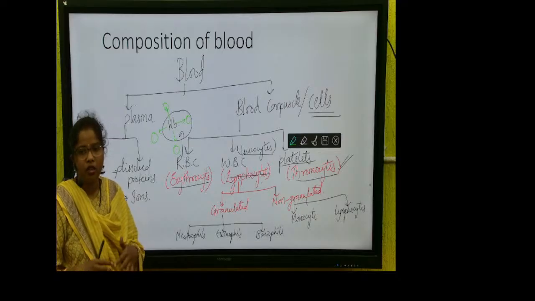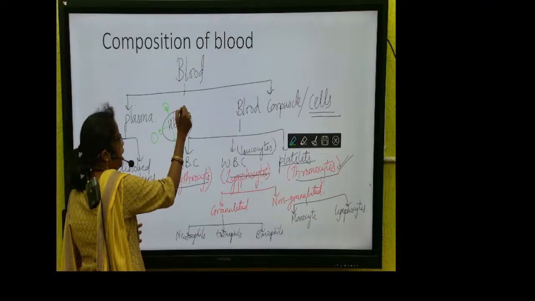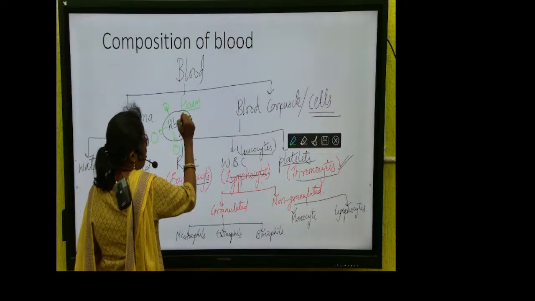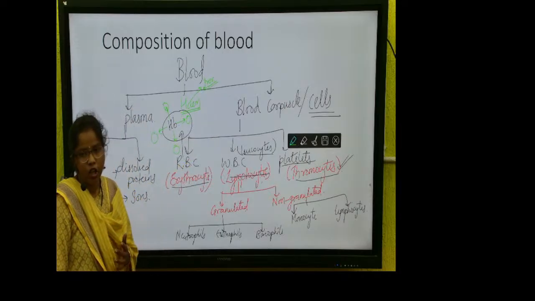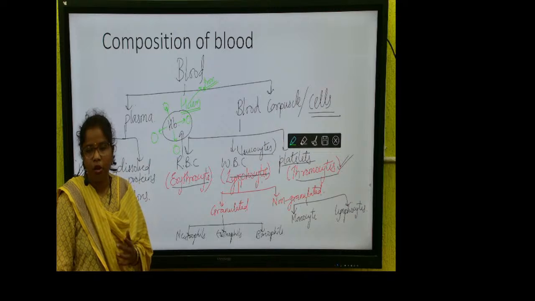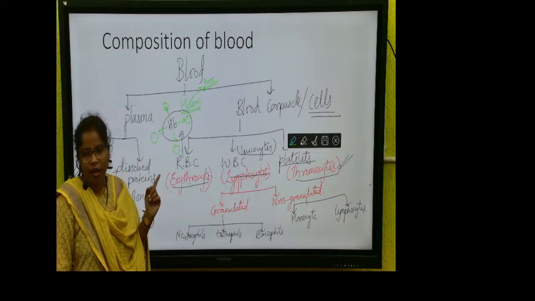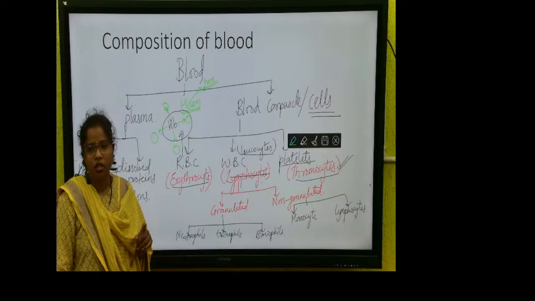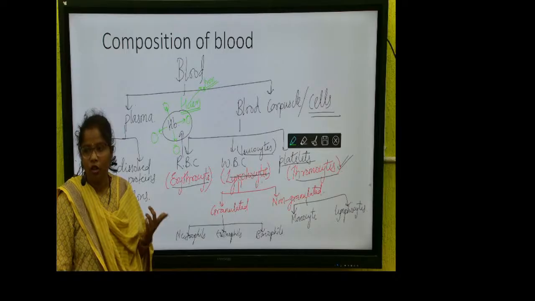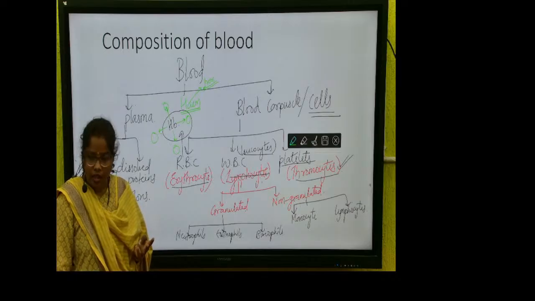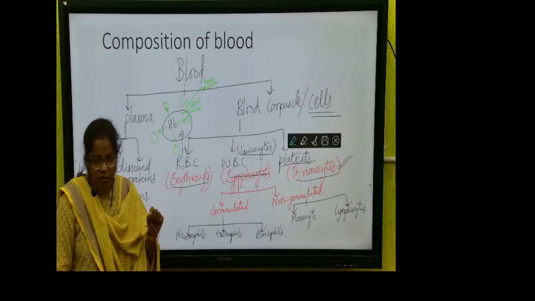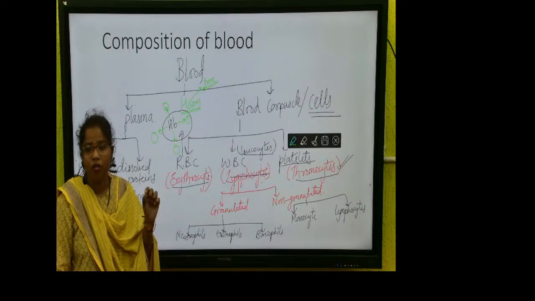Why we are saying it is red because of hemoglobin? Because आप देखोगे this heme means iron and the color of iron is red. ठीक है, so the hemoglobin's color is red and because of that the color of RBC is also red. The function of RBC is to carry oxygen. अगर मैं ऑक्सीजन ना बोलूं और बोलूं कि कार्बन डाइऑक्साइड भी कैरी करता है तो सही है, सही है. That means we can write in a statement the function of RBC is the transportation of gases and